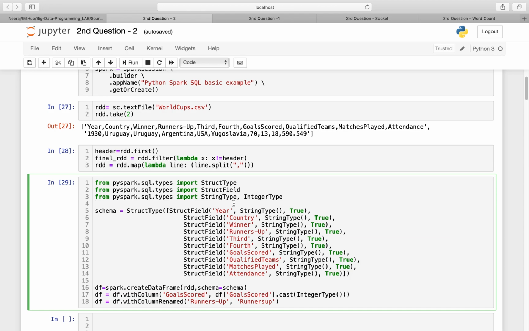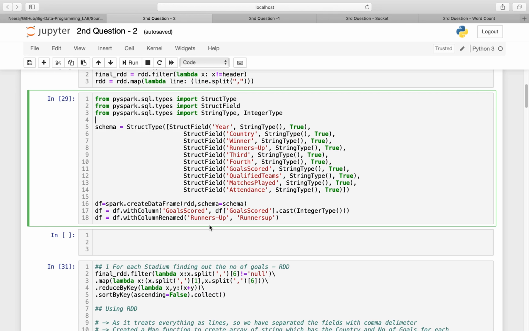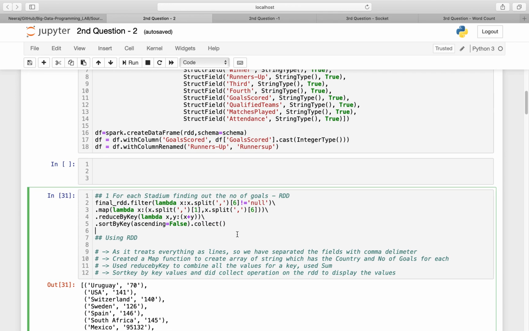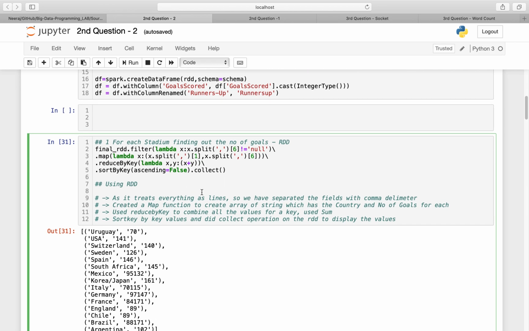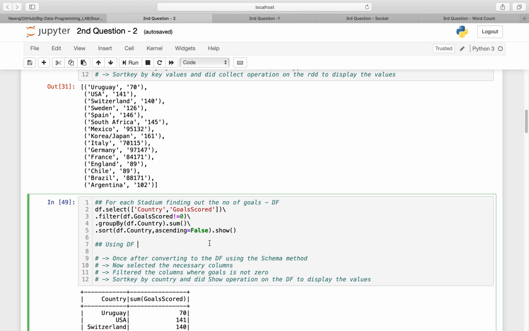So this is the part: create data frame with the passed schema. Here we would be getting the data frame. Here as well there are a few type conversions which I had to do, and a few column renamings. So the first query I took is, for each stadium, finding out the number of goals. So for each stadium, how many goals were scored. The first operation is using RDD. This is the operation description of what I did here. I did filter, map, reduce by key and sort by key. After this I performed the same thing using data frame, whereas with data frame it is a very simple format,